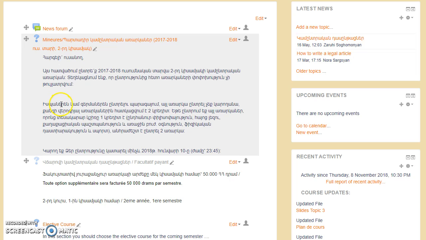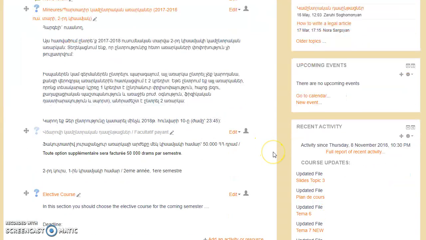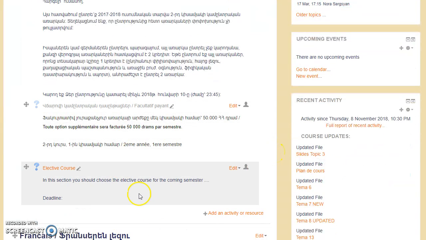So in case you're selecting Spanish or German, you don't have any opportunities to select the second discipline. In case you're choosing other disciplines, to which only 1 credit is allocated, I'm then enumerating the disciplines: general philosophy, Armenian language, I don't know, defense and first aid, physical education and sport. You should pick up 2 disciplines, and then the deadline is stated. So everything should be written very meticulously, because usually,